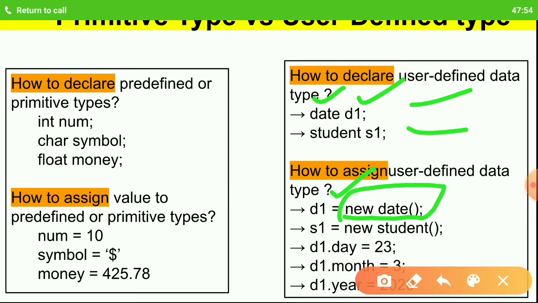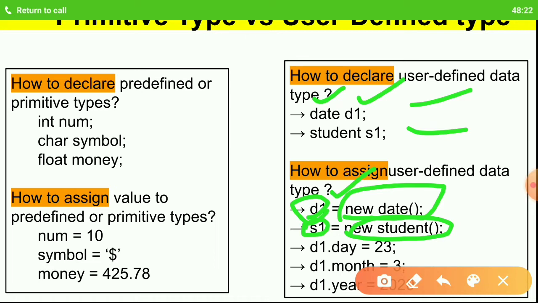That new Date will create an object and assign the reference to D1. Similarly, new Student will create an object of type student and assign the reference to S1.